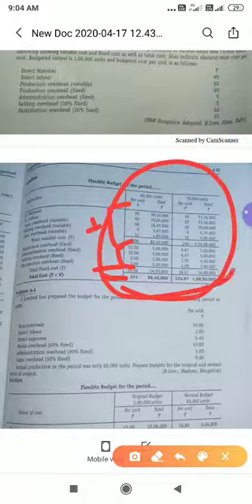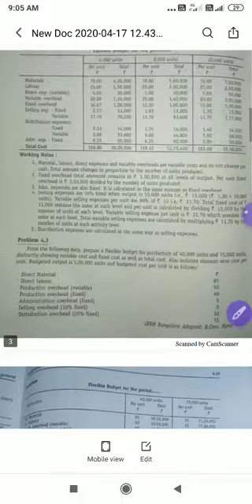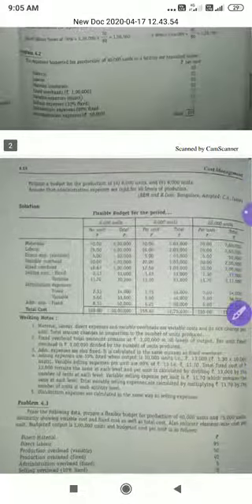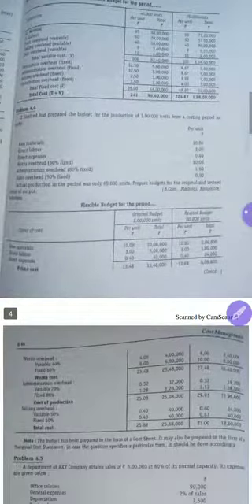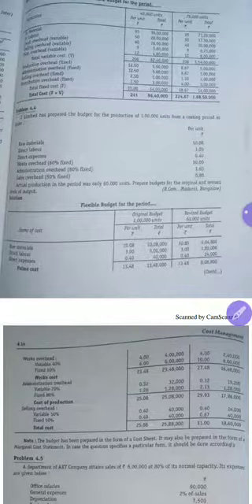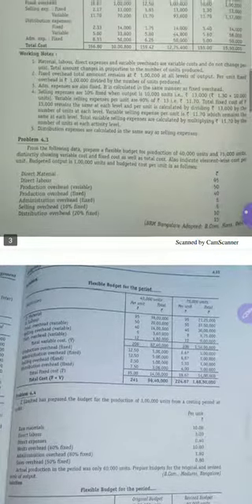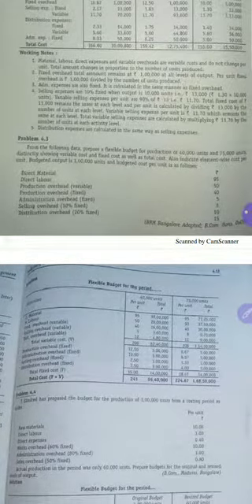So this is very important. This type of question they have never asked, but sometimes they may ask. Please try to understand. If they don't ask you to segregate separately like fixed cost and variable cost, you can directly prepare as we have done in the previous question. Okay, so this is very important. Please try to understand. If you have any doubts, please watch this video 2 or 3 times. You will get an idea. And I have also sent the original copy. Please go through that copy, you will get an idea.